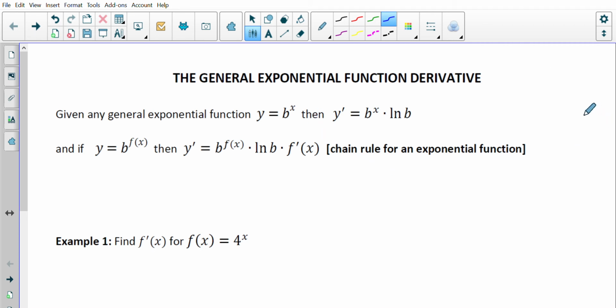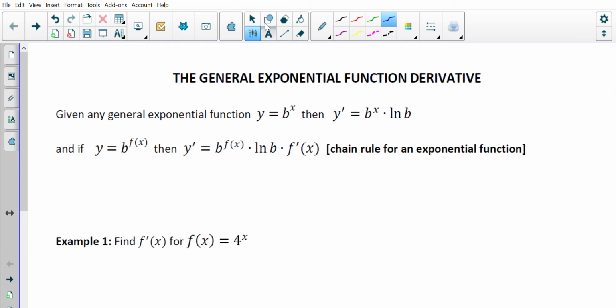All right, so yesterday we looked at the derivative of the exponential function e to the x. And again, it was a special function because the derivative of e to the x is e to the x. Well, today what we're going to do is, again, look at an exponential function, but we're going to look at the general exponential function. Given any exponential function where y is equal to b to the power of x, then the derivative is equal to b to the power of x, but yet times ln